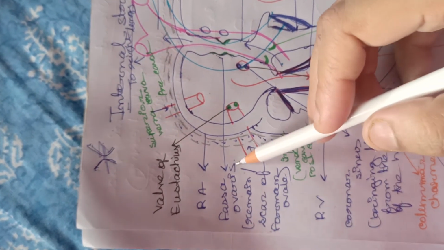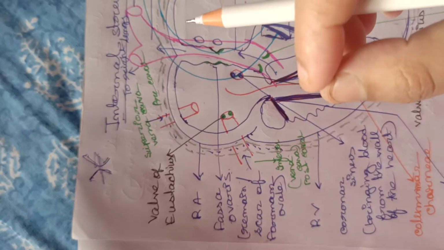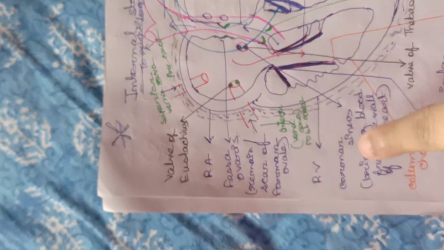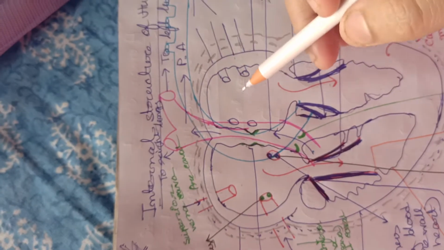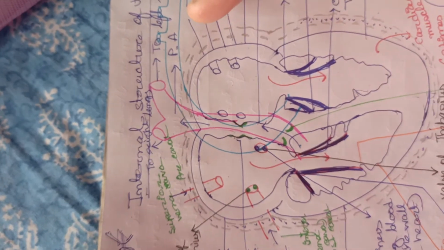Fossa ovalis. Before we call it foramen ovale; after the joining, we will call it fossa ovalis. Clear? Acha. Now in the right portion there is also